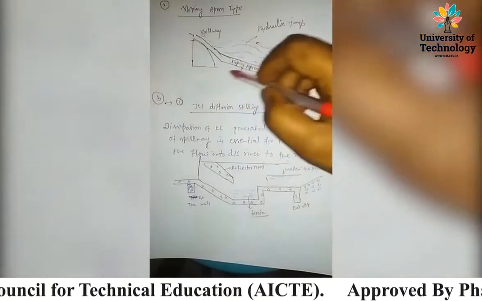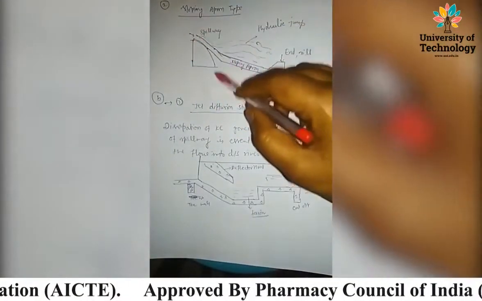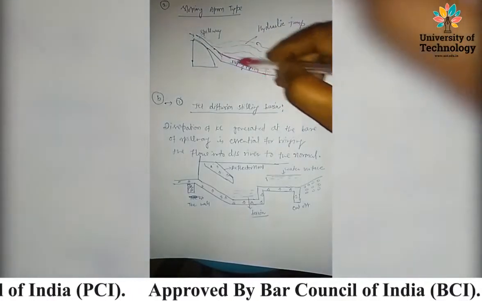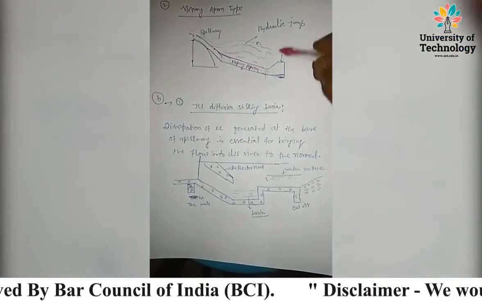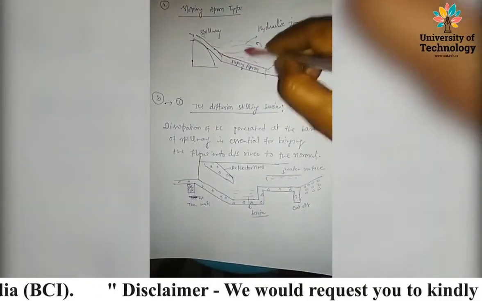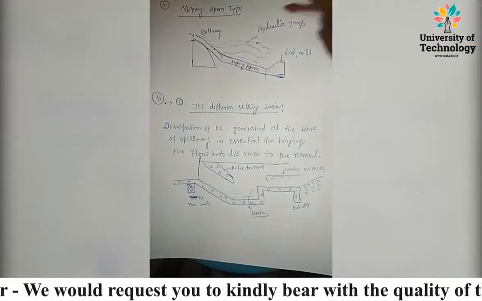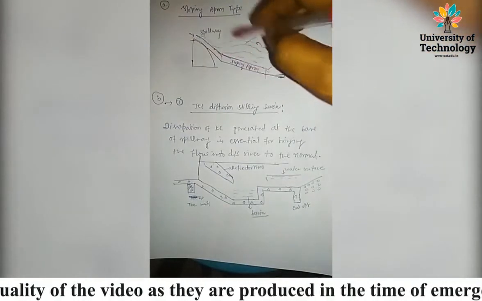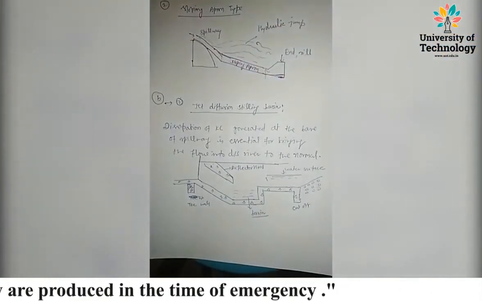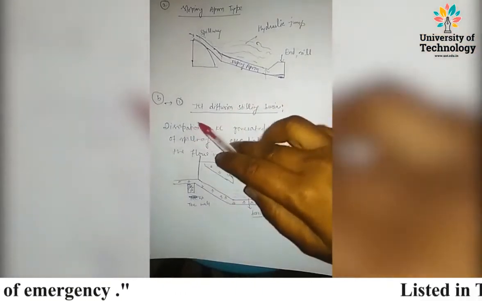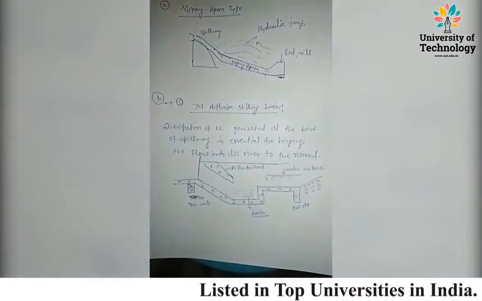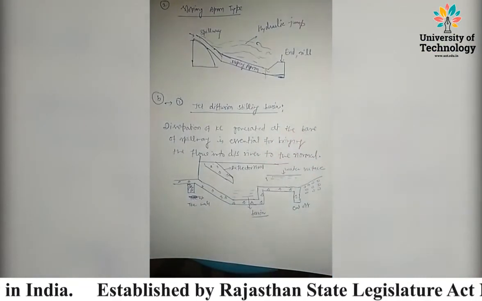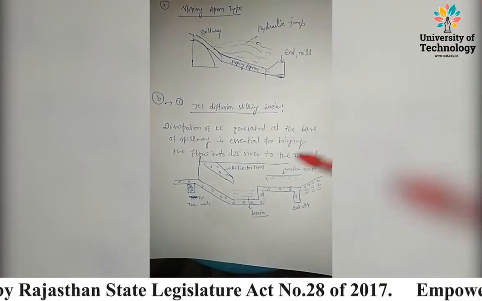So the same things are there, and the spillway is there. This portion from here to here is a sloping apron. You can see here, and the end sill is present there, and this is the water profile of the hydraulic jump. So this phenomenon is known as the hydraulic jump water profile. So the sloping apron is there, so it is known as the sloping apron type dissipator. The next one is the jet diffusion stilling basin, which is a type of stilling type energy dissipator.